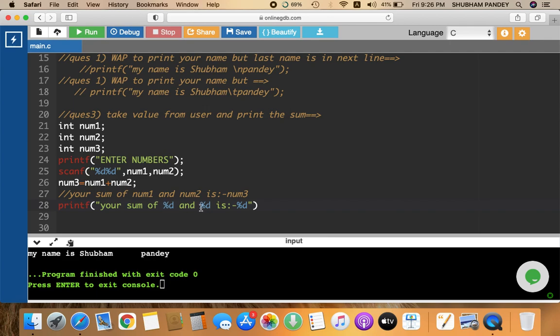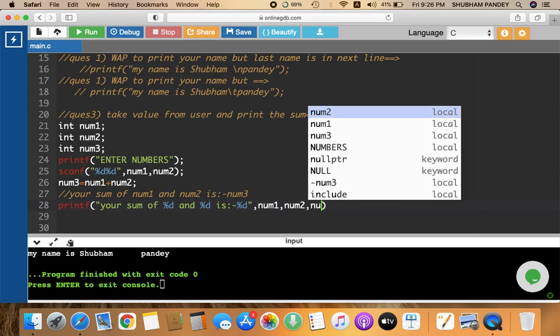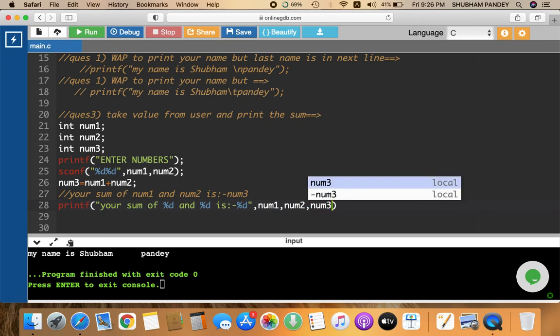This is num1, this is num2, and this is num3. In a similar way you are going to provide the names of the variables. So in the first %d you want to display num1, in the second %d you want to display num2, and in the third %d you want to display num3. After that, at the end of the line, you have to put a semicolon.